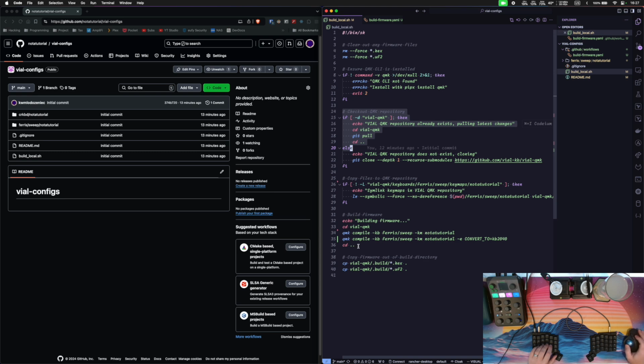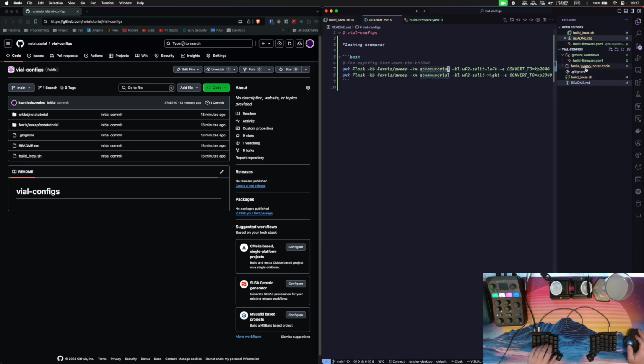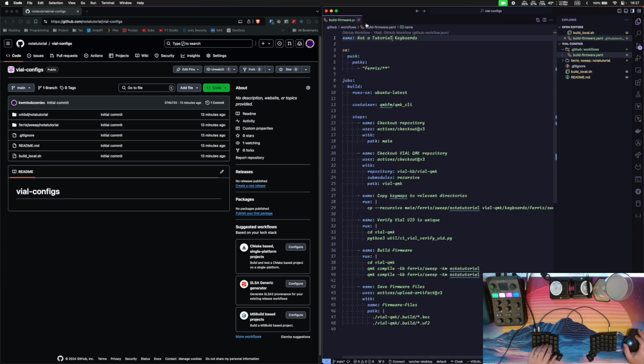And finally, I compile, and then I copy the folders from the build directory out to the root directory of the script. And the README file just shows you how to flash it, and this is where I think this solution shines, because